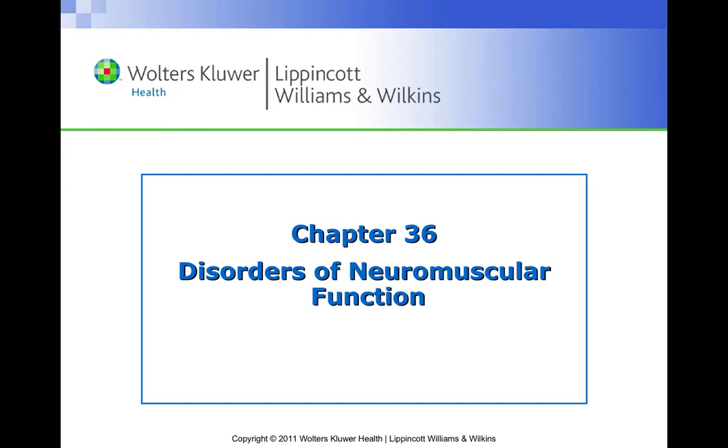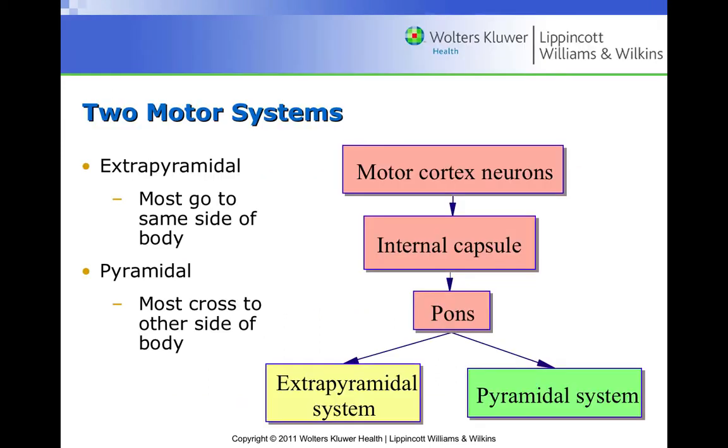Chapter 36, Disorders of Neuromuscular Function. So in this chapter, we're going to do a brief review of the central nervous system. The central nervous system, which consists of the brain and the spinal cord, and